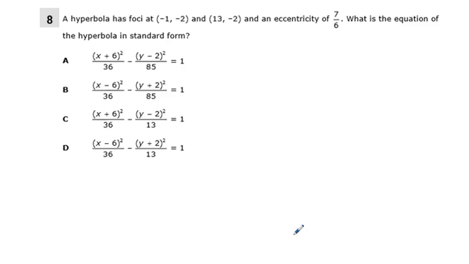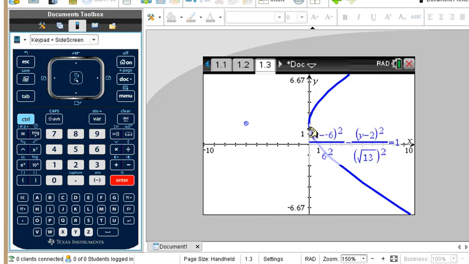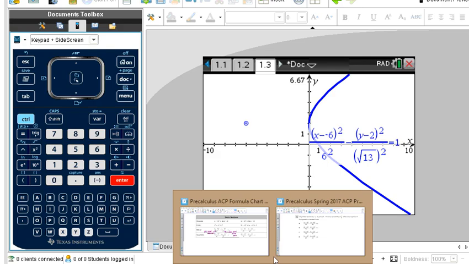Or our vertices, let's see. Foci. So, -1, -2. Let's check that out. No, our foci are going to be over here at +1, +2, it looks, or about. So that's not going to be it. So we have to go look at another